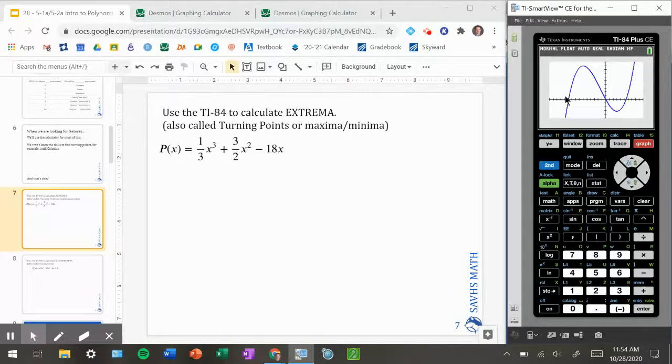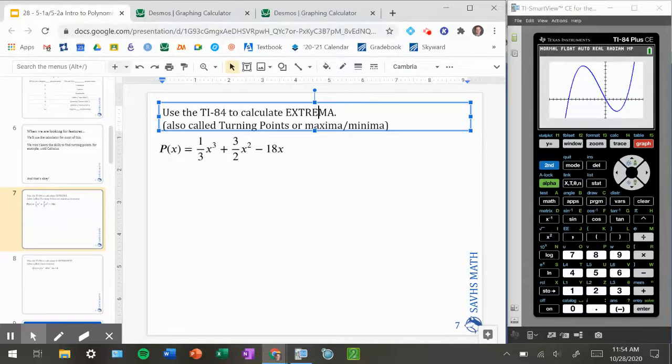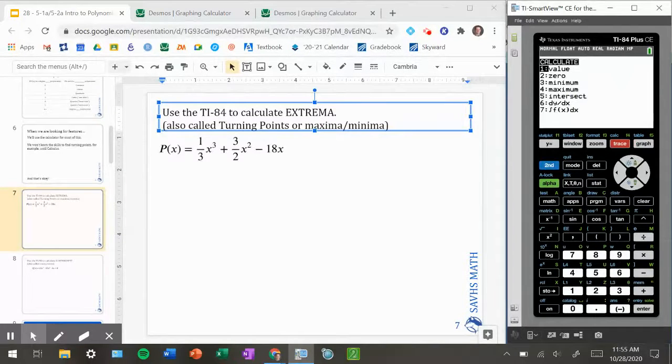For this example, I'm going to calculate the extrema, and the extrema are the maximums and minimums. We also call those turning points. It's just a bunch of vocabulary words to mean basically the same thing, but be comfortable with all of them. In the calculator, you have to calculate, so second trace, minimums and maximums. So I'm going to start with the maximum first, and that's the point right